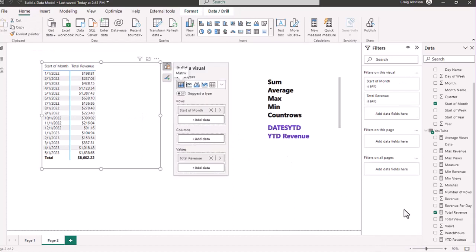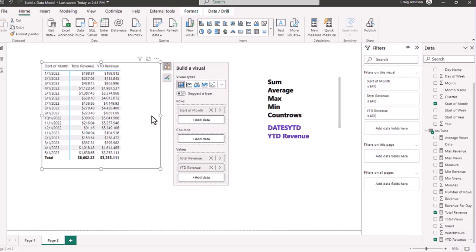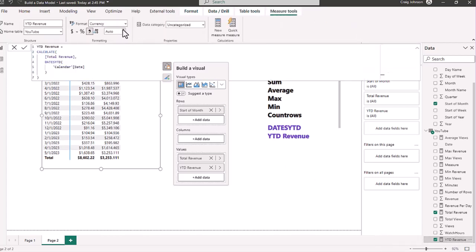And we're going to add in the year-to-date revenue for the values. And as you see, in January of 2022, this YouTube channel made $198.81. Then when you add in February, the revenue is $237, and that means a total year-to-date of $435. And what we're going to do now is format that year-to-date revenue to 2 decimals, because that is